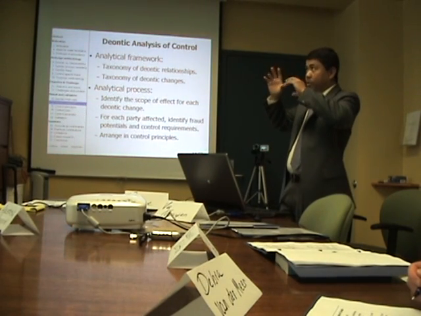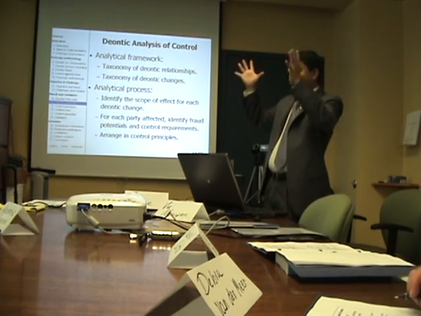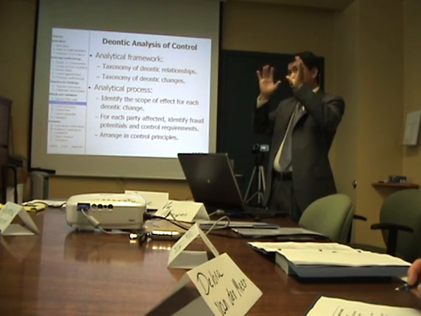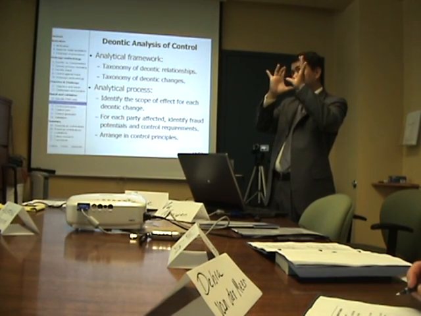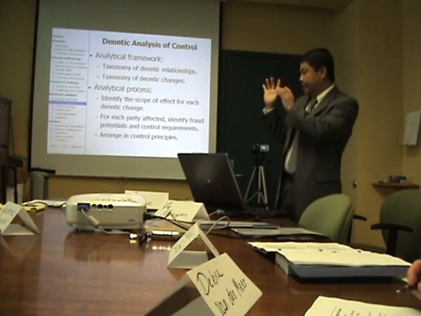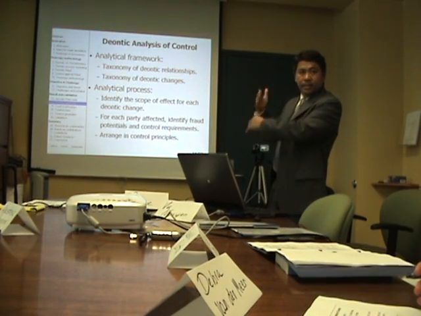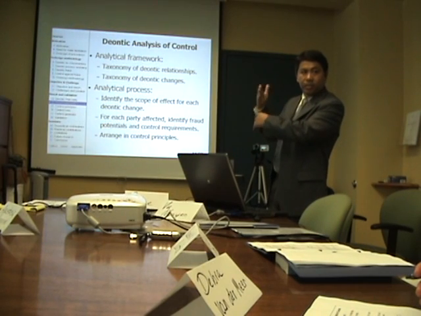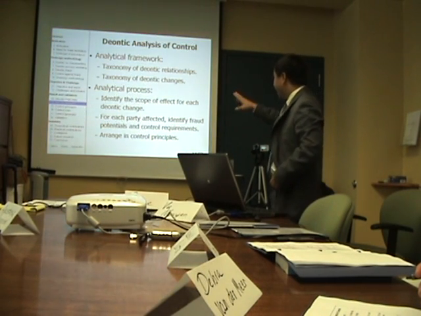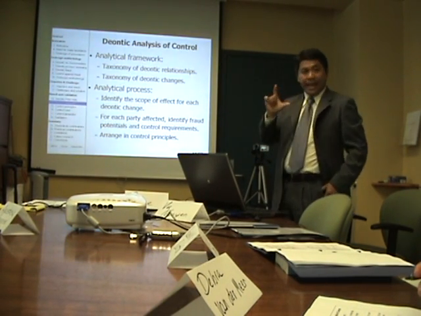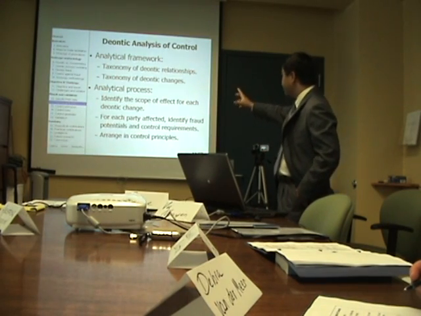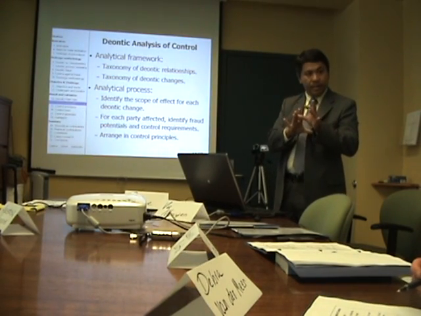So you may imagine there are two aspects of the deontic process. The first is the static aspect, or the structure aspect, of the process. And the second is the dynamic aspect, the movement or the change of the deontic relation. So for each kind of deontic chain, I identify the scope of effect, depending on the